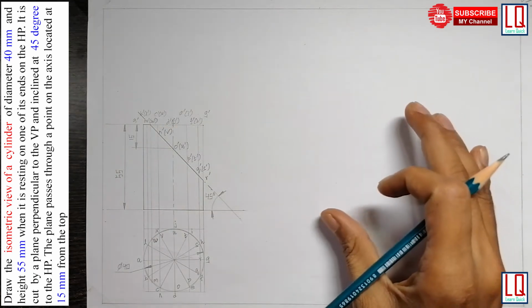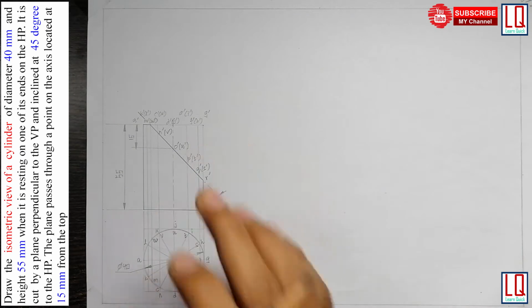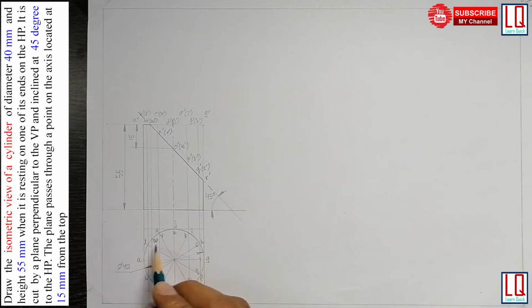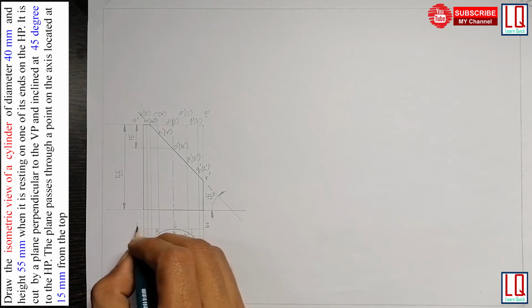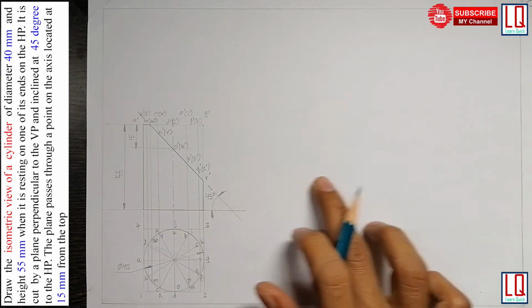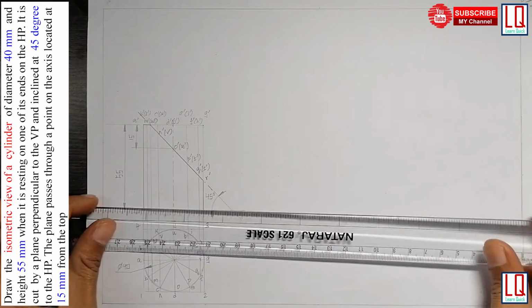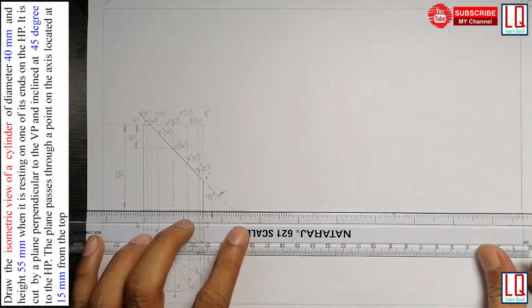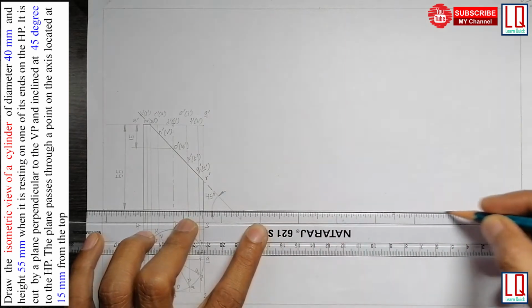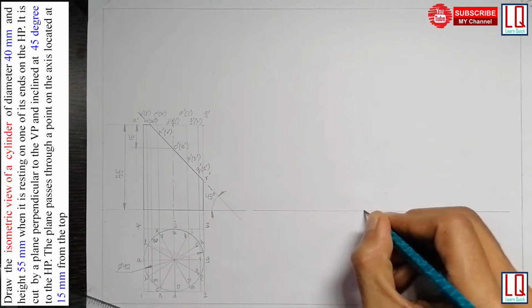Before we start to draw the box for the isometric view of this truncated cylinder, we should enclose the top view. So here in this case the circle with 4 lines. When I enclose this circle with 4 lines, I get a square. I also have to name these corners. So I name them as 1, 2, 3 and 4. Now I have to draw a horizontal line here. So I draw a horizontal line to start and consider a point here.